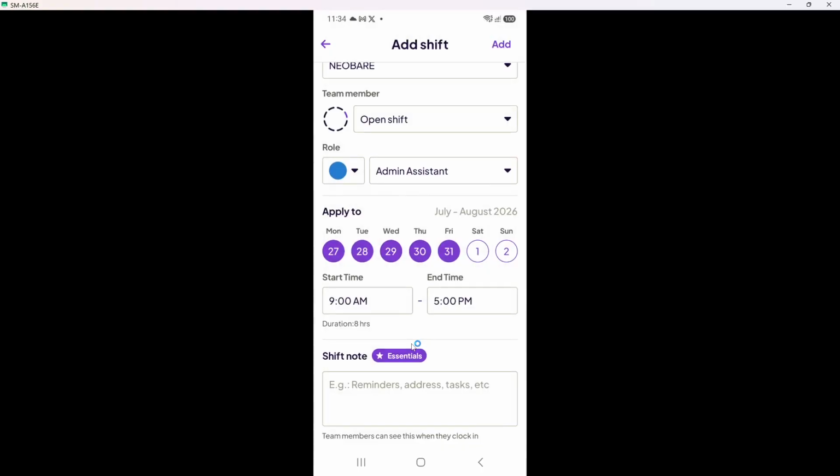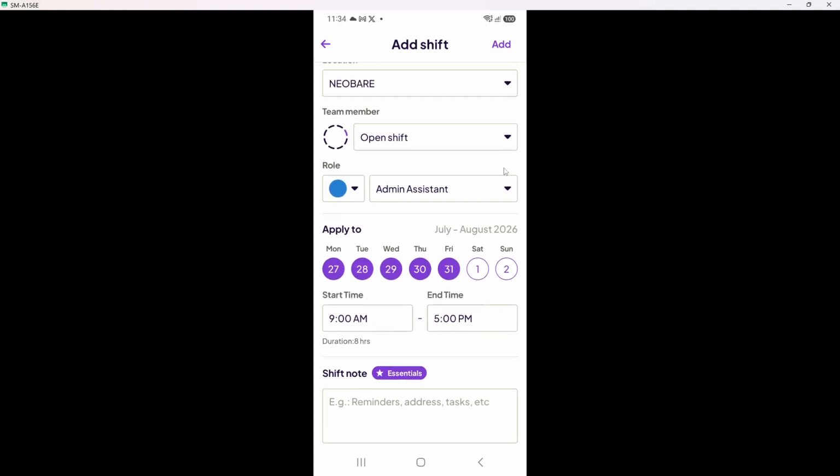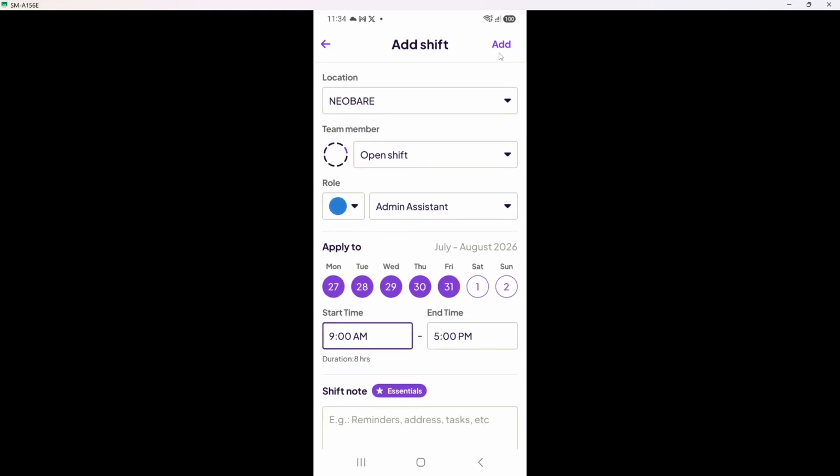Finally, click Publish to send the shift to employees. After publishing, Homebase will notify your team according to their notification settings, and the new shift will show in their apps or text alerts. You just learned how to create and publish a complete shift in Homebase,